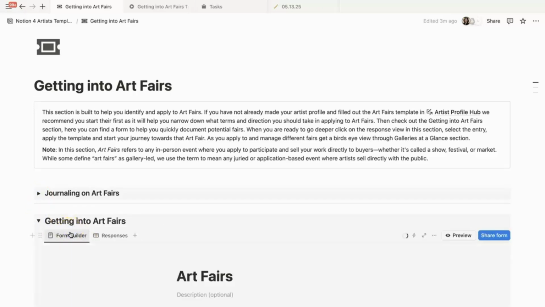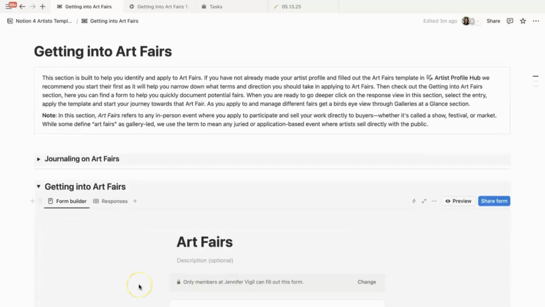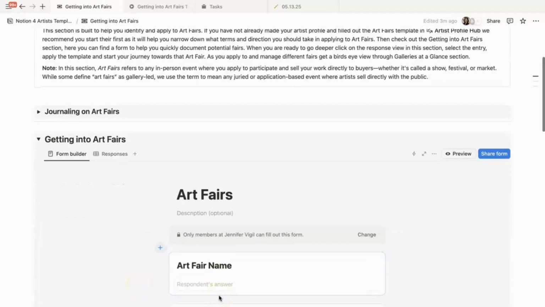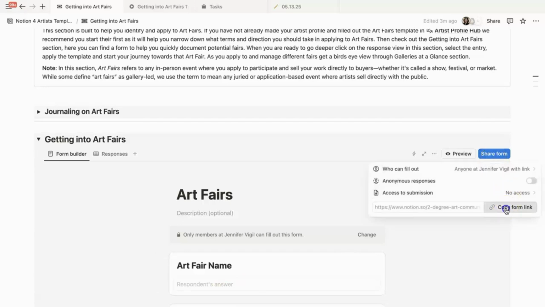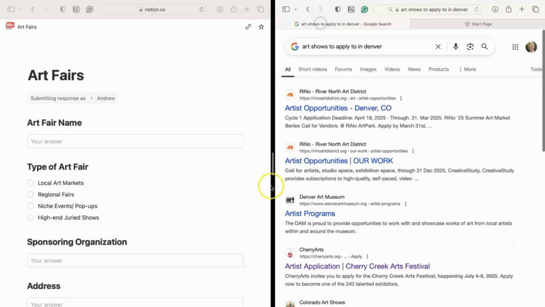And once you've gone through and journaled and reflected if it was a good fit, we want to go down to the getting to the art fair section and start researching. So click Share Form. Copy the link, and then let's hop over to our browser. So here in our browser, we have the Notion form on the left, whose answers that we fill out will